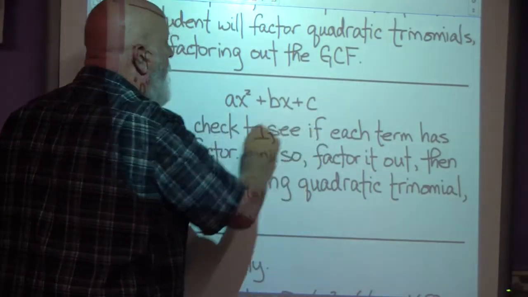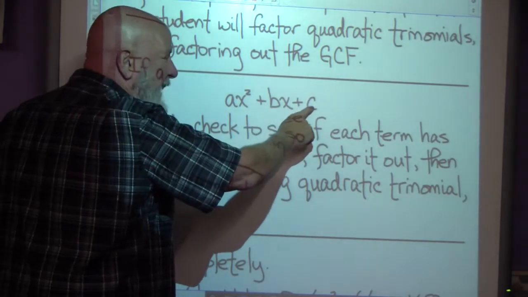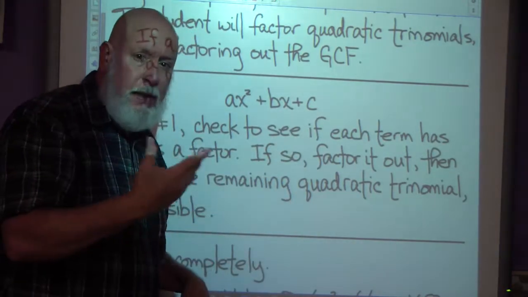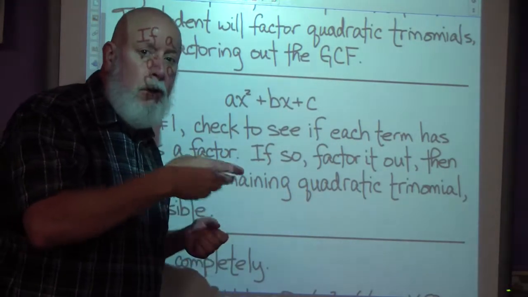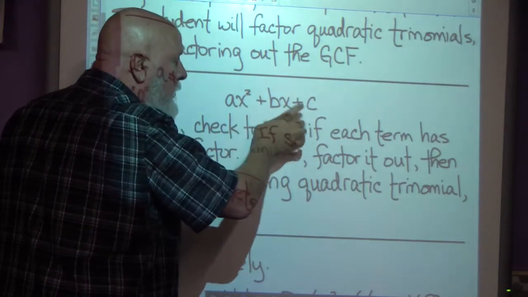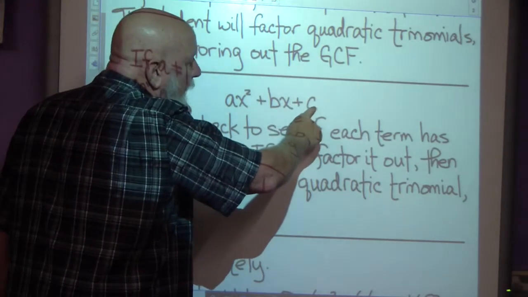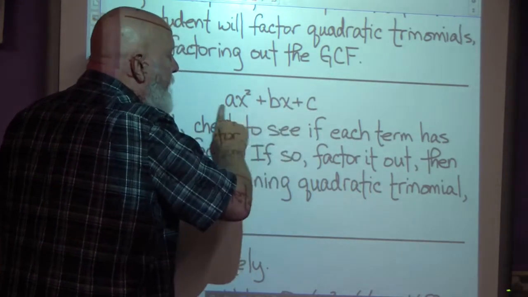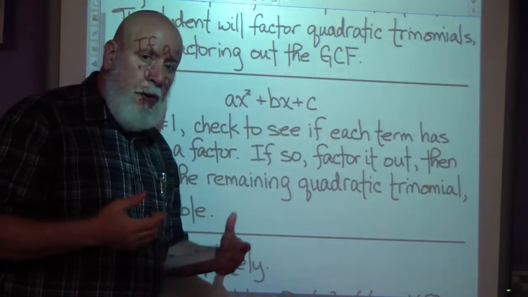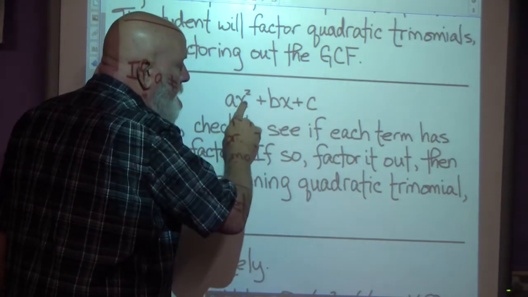Quadratic trinomials are written in the general form ax squared plus bx plus c, where a, b, and c are going to be some constants, like some number, 2, 7, 14. These will be numbers, and these x's will just remain x's. So this might be 3x squared plus 6x plus 18, or something like that. That's the general form. What we've been doing so far in factoring quadratic trinomials, the coefficient of x squared, that's